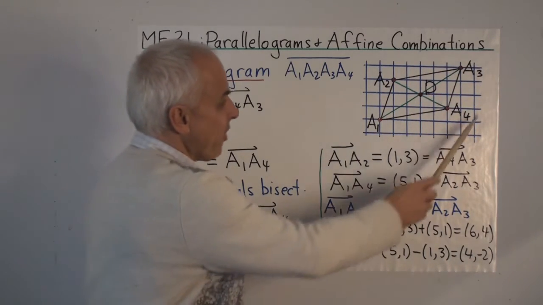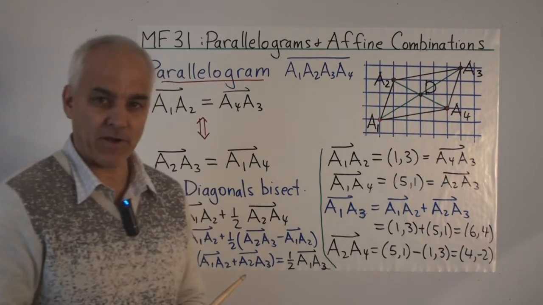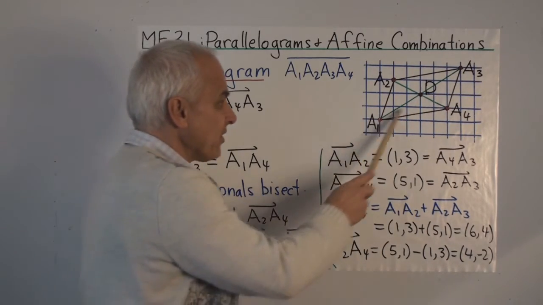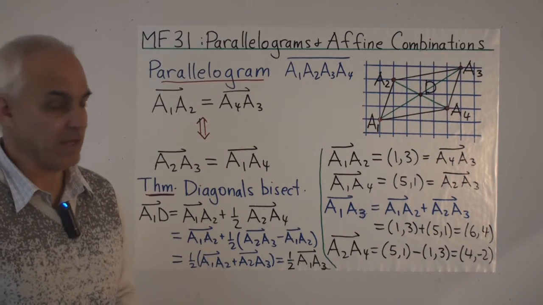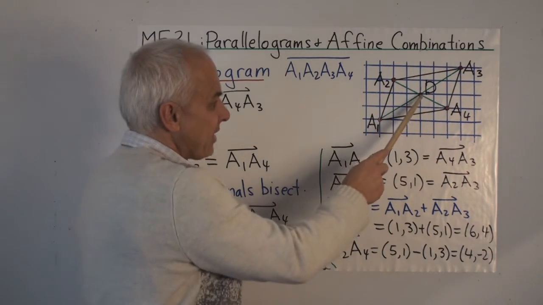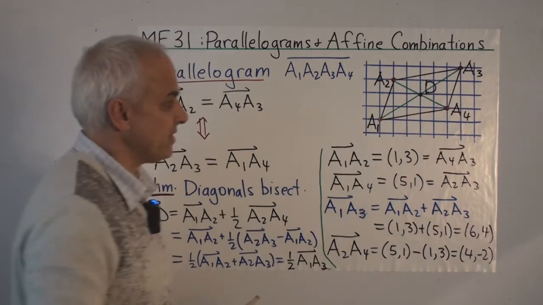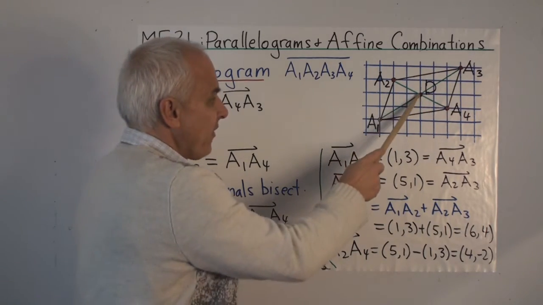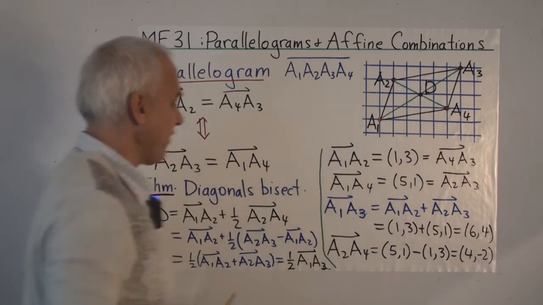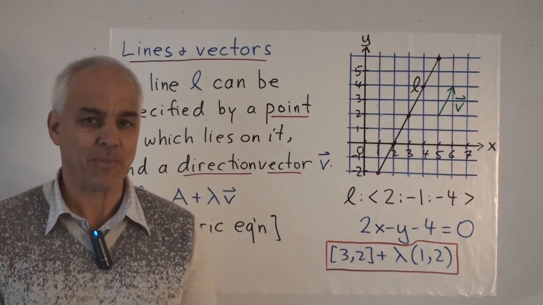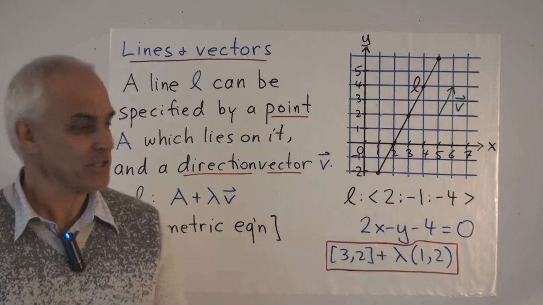It's an interesting property and a fundamental property of a parallelogram that the two diagonals that we've just found actually bisect each other when they meet. In other words, at that intersection point, let's call it D, this vector is equal to this vector and this vector equals this vector.